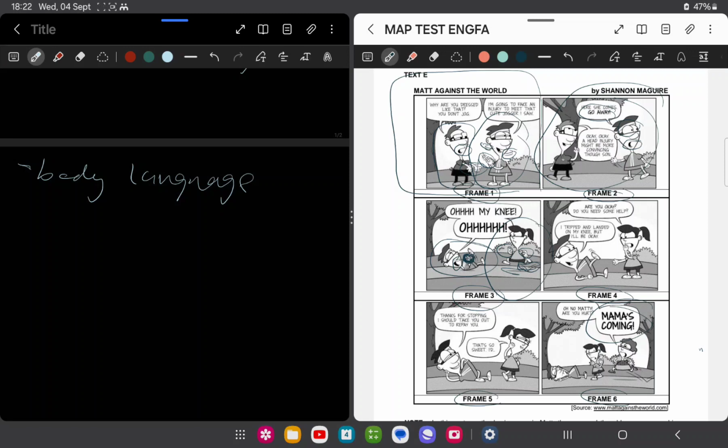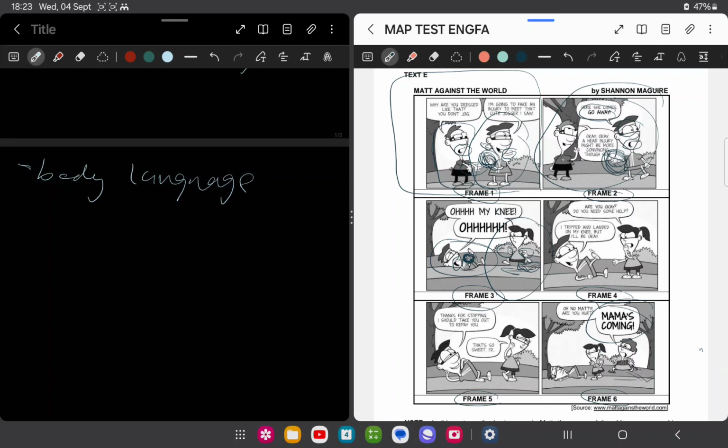For example, in frame number 1, the boy is clapping his hands to show that he is happy. Then in frame number 2, the hands go away to show that he is emphasizing that the father has to